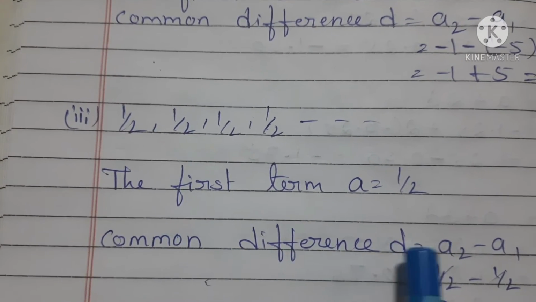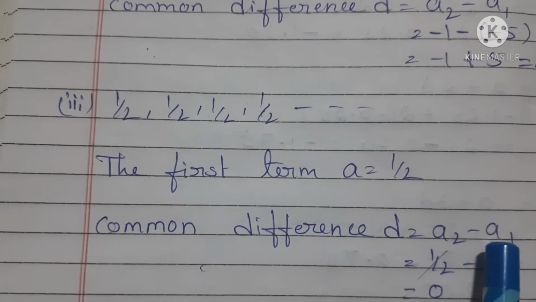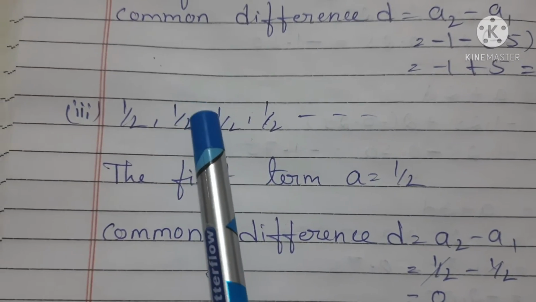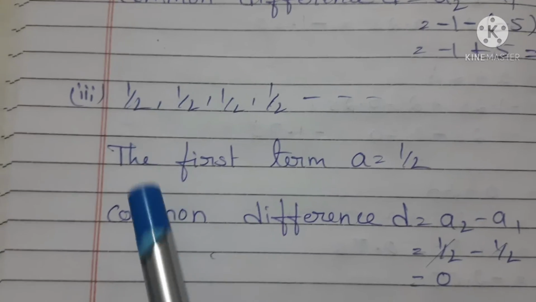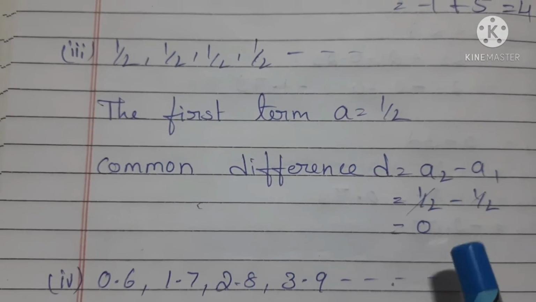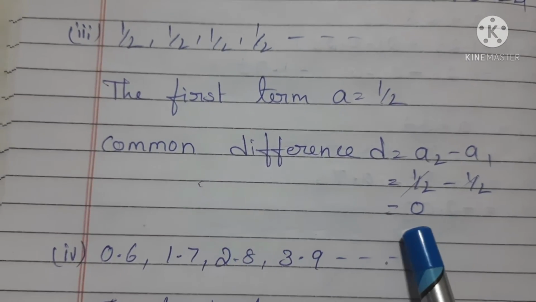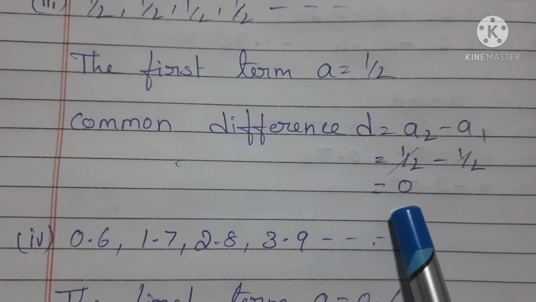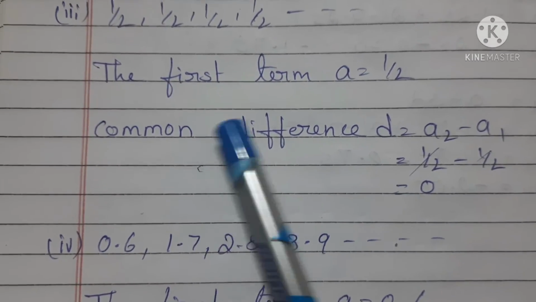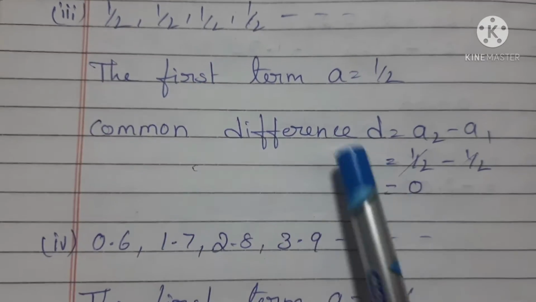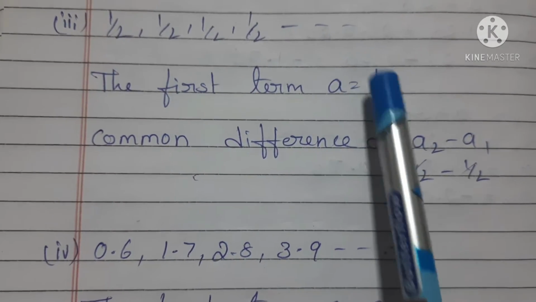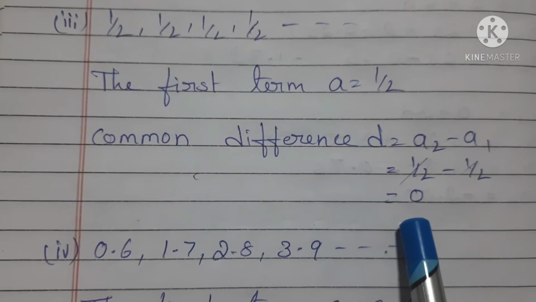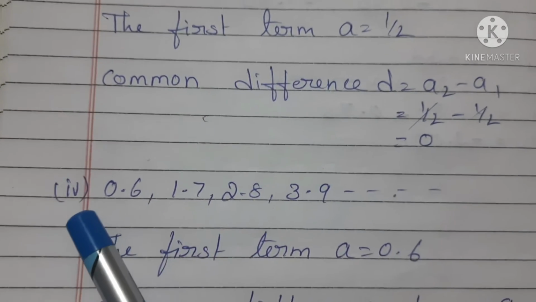Now the common difference d is equal to a2 minus a1. That means 1 by 2 minus 1 by 2. Here 1 by 2 gets cancelled. That is equal to d, here a2, d here 0. The common difference is 0. The first term is 1 by 2 and the common difference is 0. Now the fourth problem,